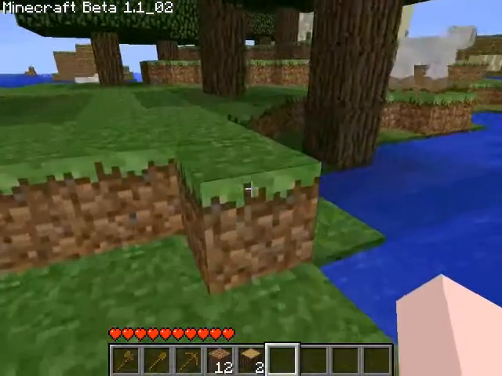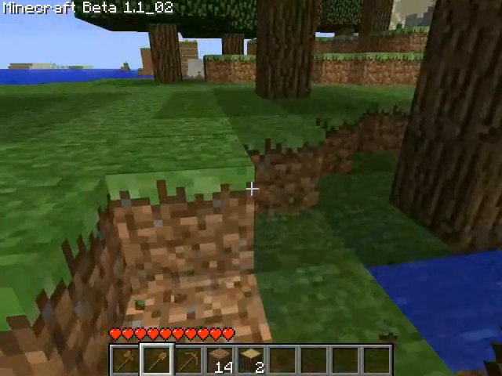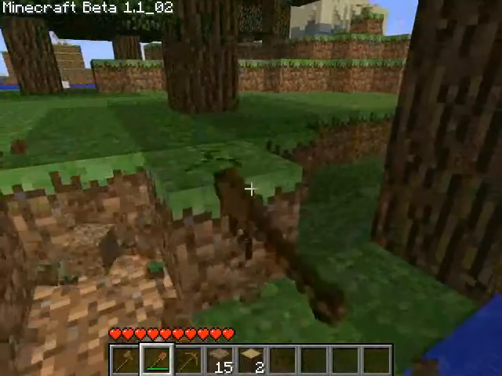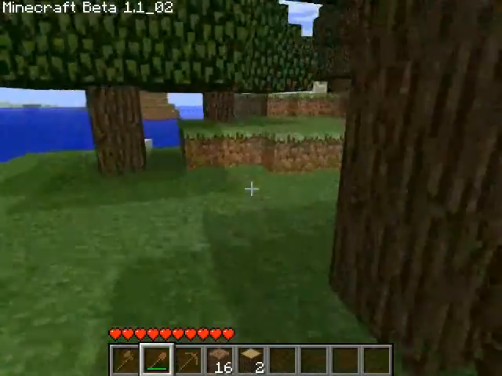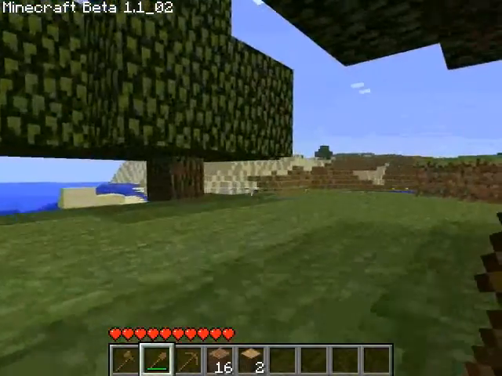Here, I'll just show you a comparison. So this is hitting dirt using your hand. When you use a shovel, when you use tools, things are going to happen a lot faster. The better the tool, the faster things are going to go. The thing to keep in mind is, as you can see, now that I have destroyed that,